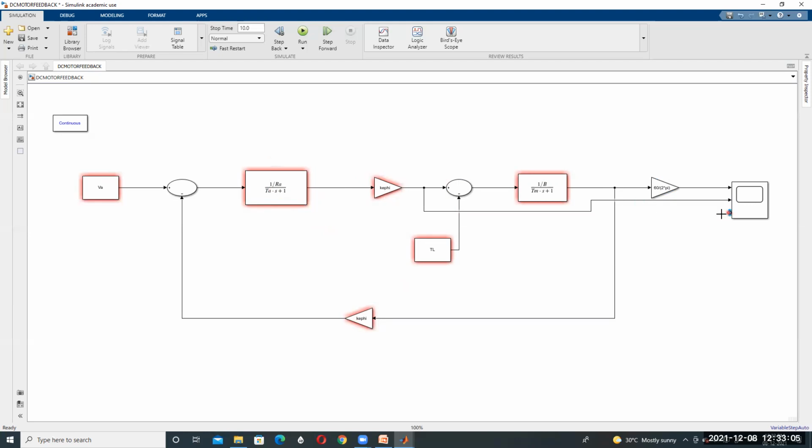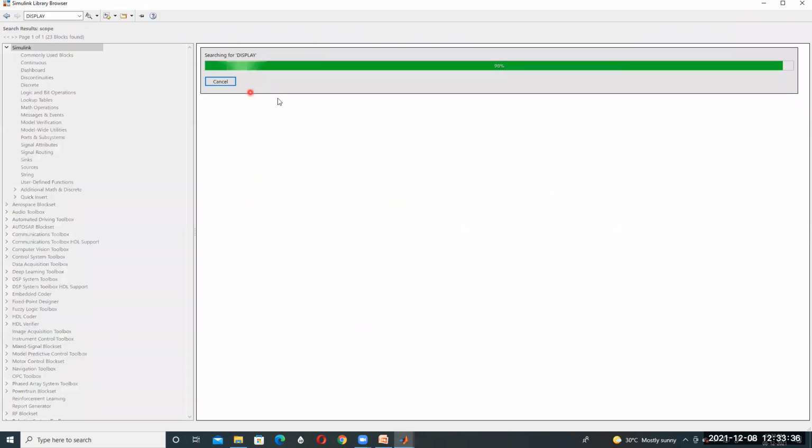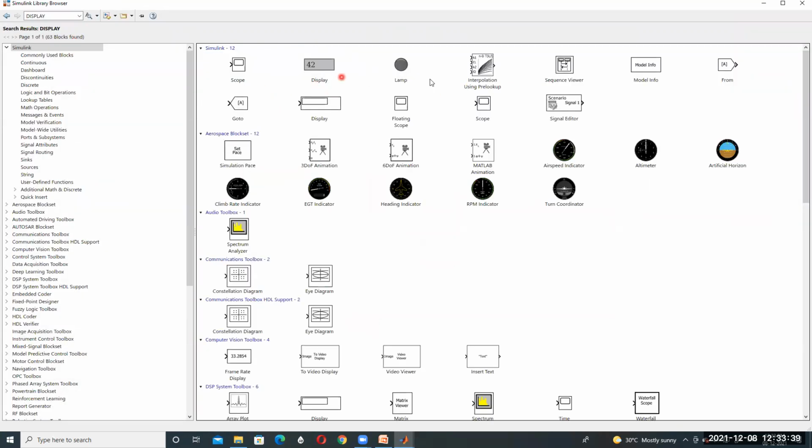So you want to know the current. The third one is called current. Press here, so the model is designed like this, and then here you want to know the value of the torque and the value of the current. From the library, take Display. We want to display the value of how much torque. Take a Display block and place it here.